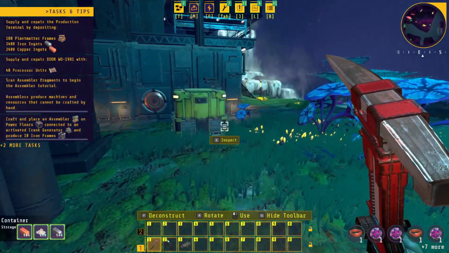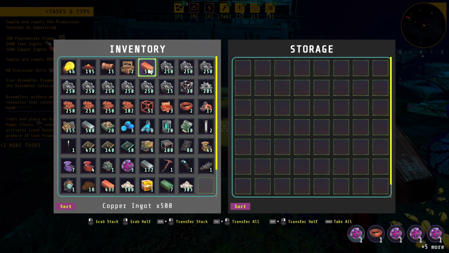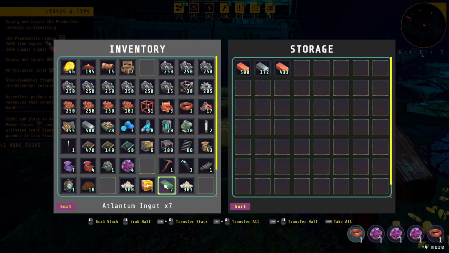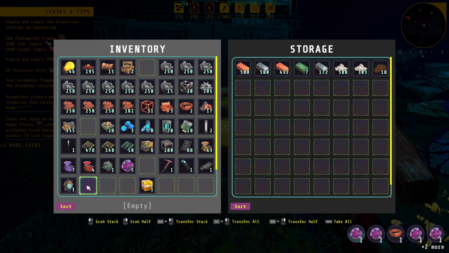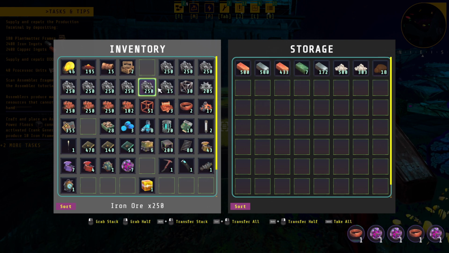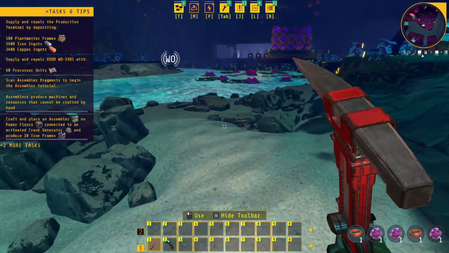And then we're going to drop the rest off. No, that's not what I wanted to do. Okay, we'll just do it there. I don't really want that either, or the dirt on my personage. I've got all of this copper and all of this iron to do as well, so I think what I should probably do is,